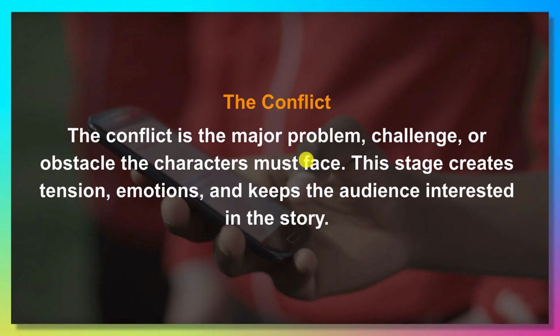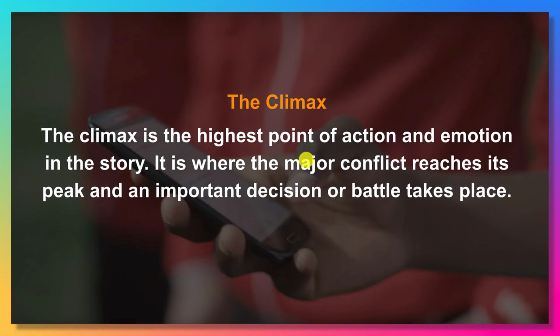So again, at the beginning you might create a fight scene. Why did they fight? Now, when you come to the conflict, you begin to see a little bit of why they are having this fight. You begin to see, okay, this is because this person took this person's wife, or stuff like that. So the next one is the climax.